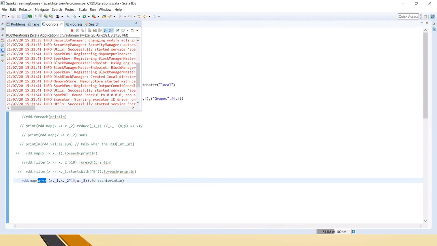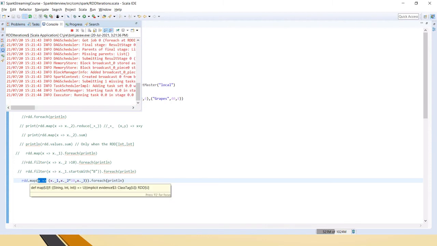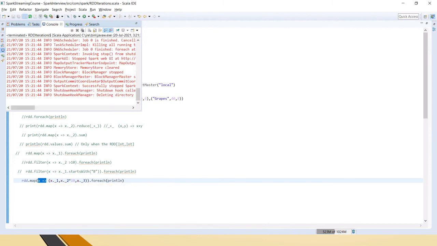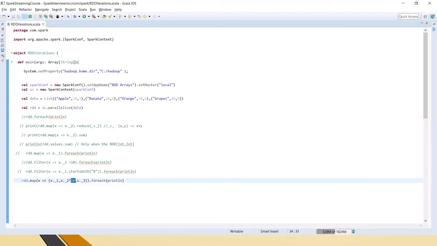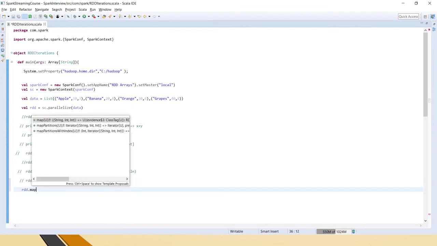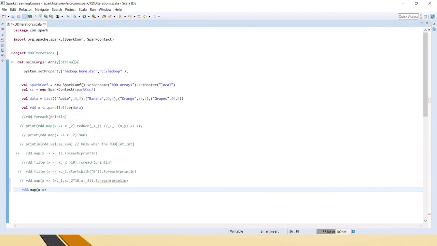So x we are declaring here, and for each x you get this kind of thing. So if you see apple, 10 was there, which is multiplied by 10, which is 100, and the third value is the same as whatever was in the list. Similarly it has given the entire list of values and it has multiplied the second value with 10 as well.